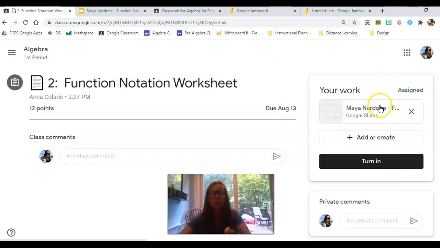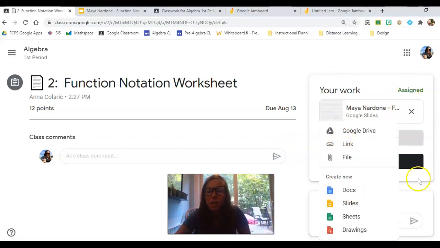So that's kind of like the old school way to do it, if you wanted it by hand. They would just attach that here and then turn it in. Okay, so that's kind of the paper method. Now the